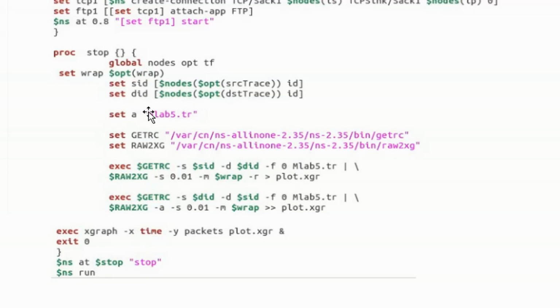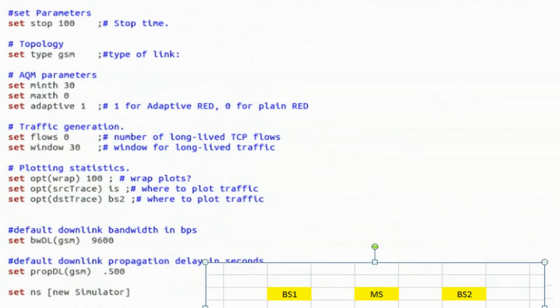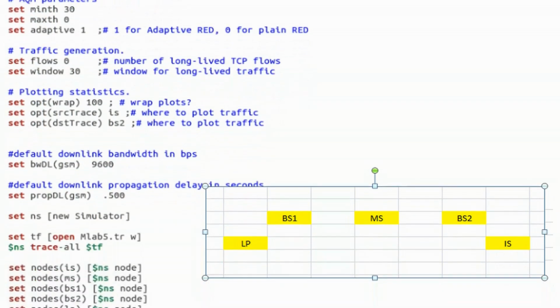Clear? And then I have the regular trace file of the program, mlab5.tr. So mlab5.tr is the trace file that I have created. You might have seen that initially itself I have started that trace file name here.